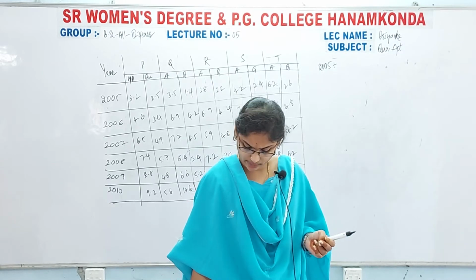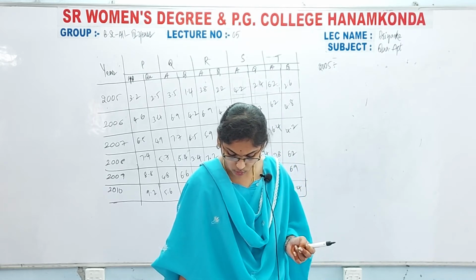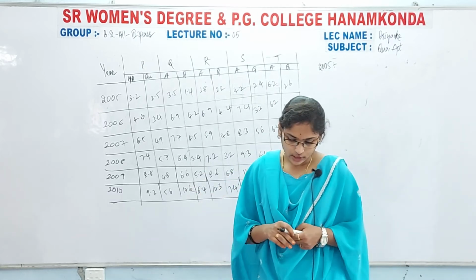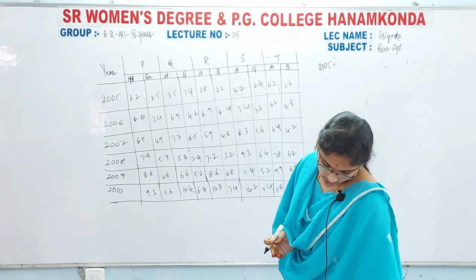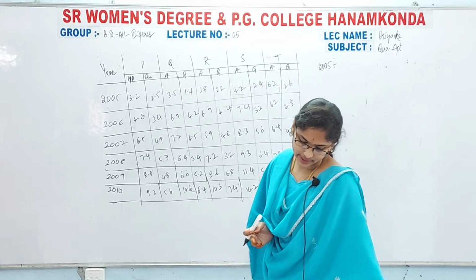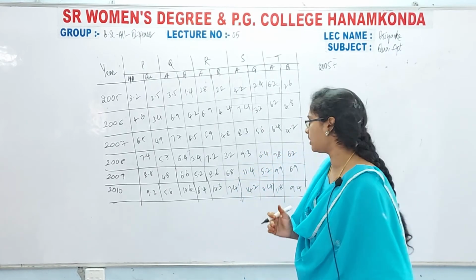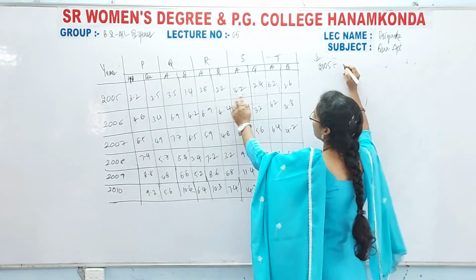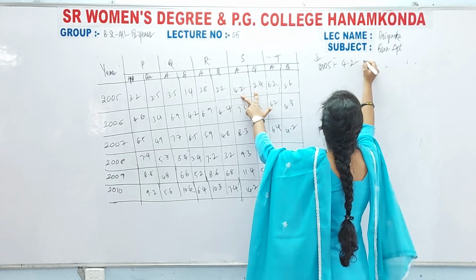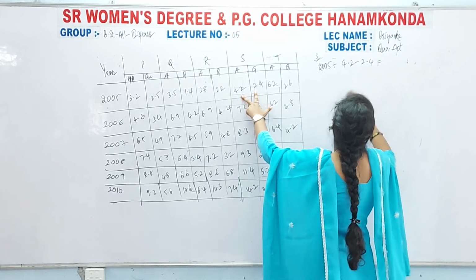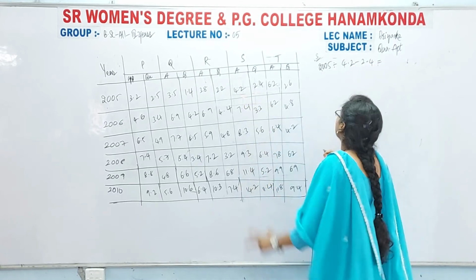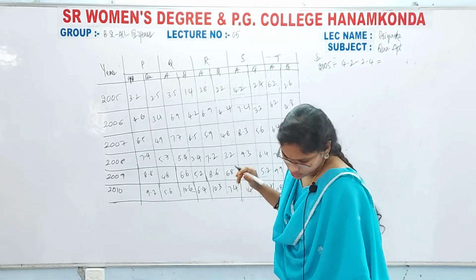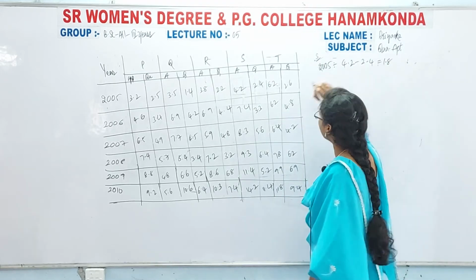Actually here they didn't mention the zone, in which years was in zones. So here we can take any one. So that's why I am simply taking zone S, and the difference between the appeared candidates and the qualified candidates I am calculating now. So for S zone, in 2005, 4.2 minus 2.4, what do we get here? 42 minus 24 is 18, so it is nothing but 1.8, already I calculated.